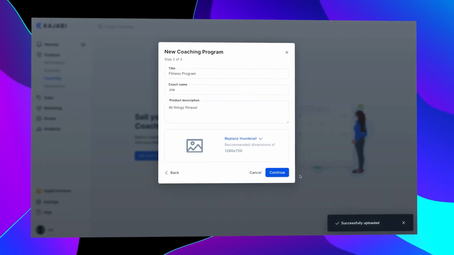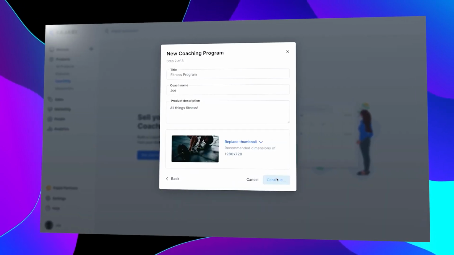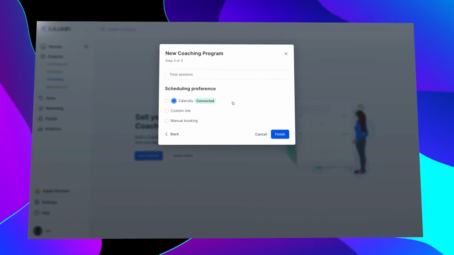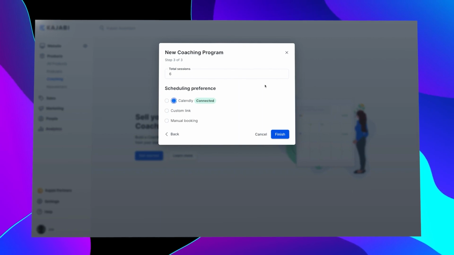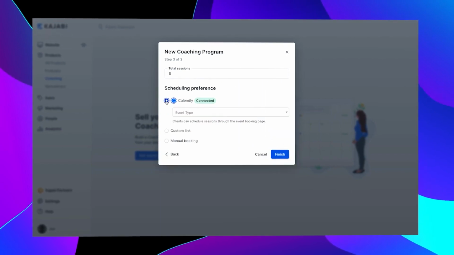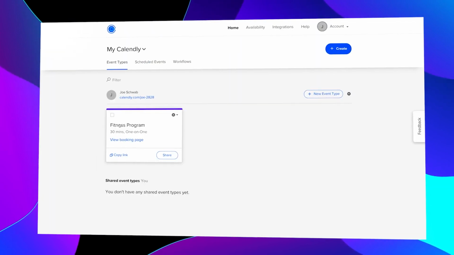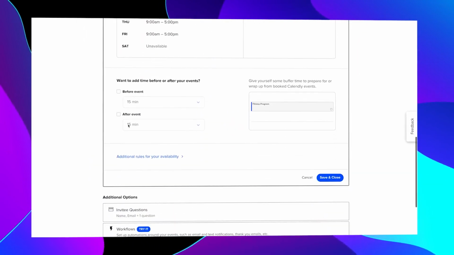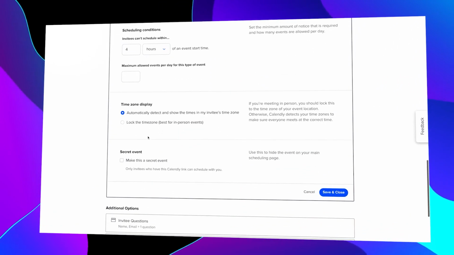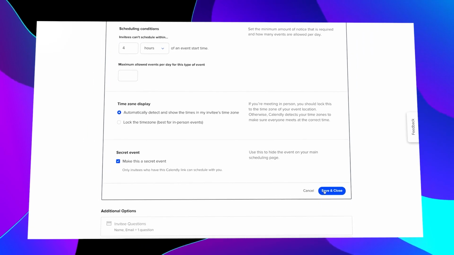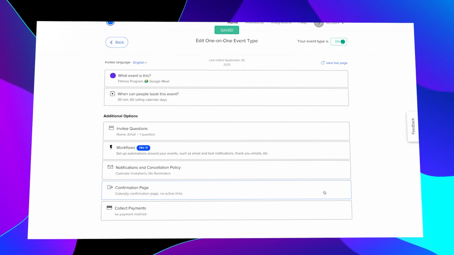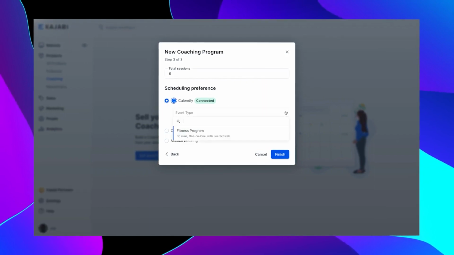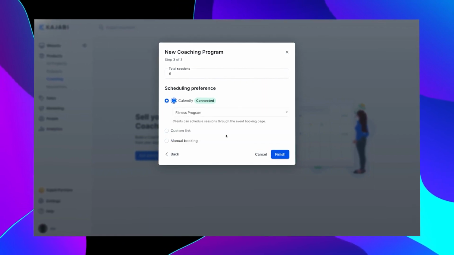Then click Continue. After you've set up the program details, you can customize how the scheduling and appearance work. Click Continue again, and you can set your scheduling preferences. You have the choice to use Kajabi for session booking or connect to Calendly if you prefer. Add your custom link or set up manual booking. You can choose the session duration for each session in your program for a package coaching program and click Continue